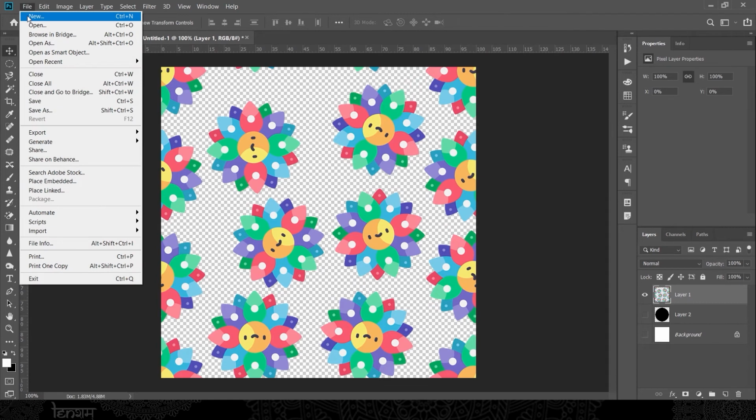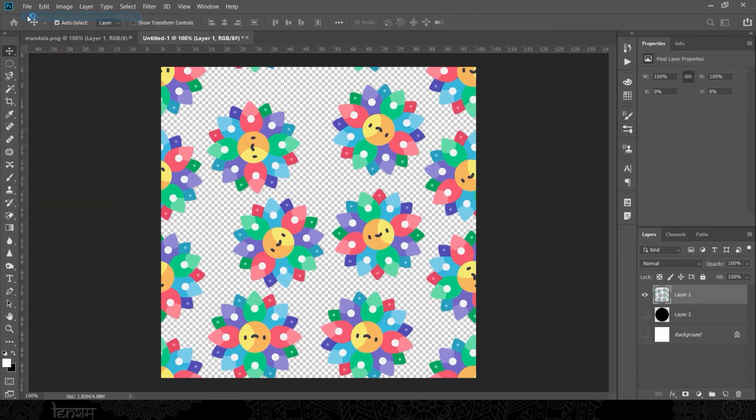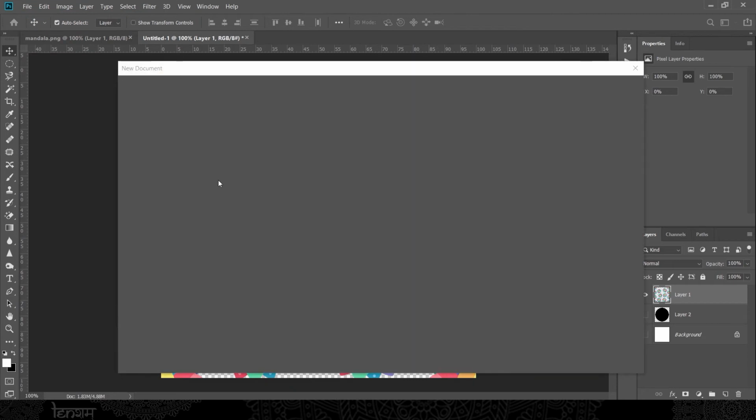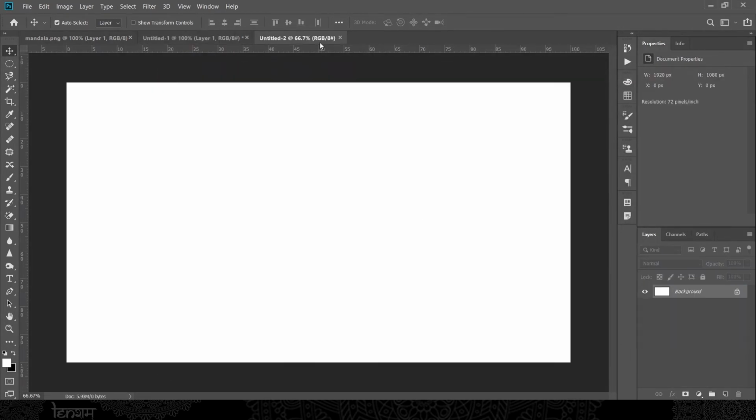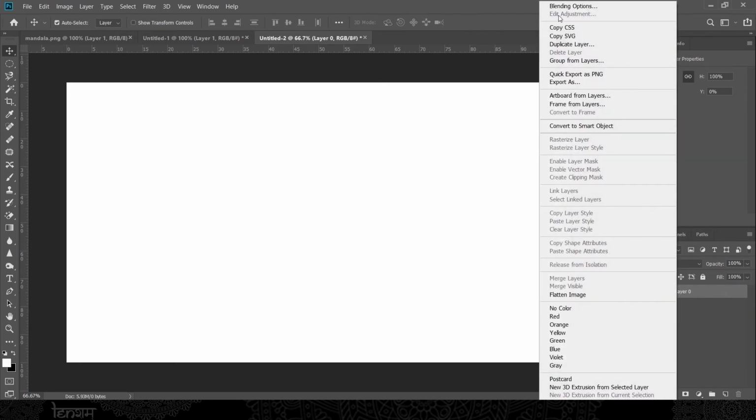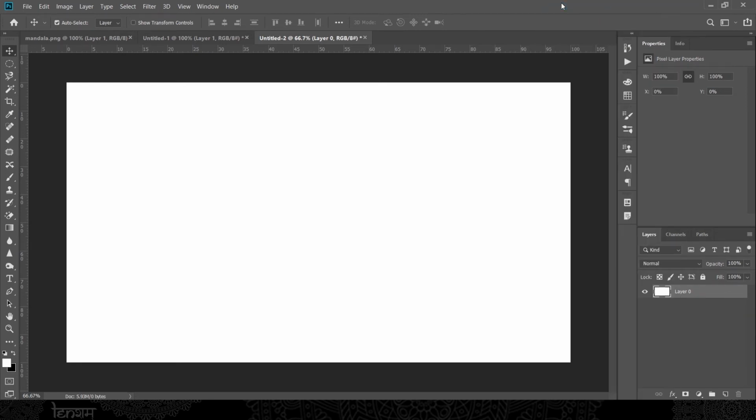Take a new document by pressing Ctrl or Command plus N and choose the pixel size as per your requirement, as per your design requirement. I am taking full HD, means 1920 by 1080 custom size. And when the new document is created, then go to layer and unlock the layer. Means you have to unlock the locked layer by clicking left on your mouse, then right click on the layer and go to blending option